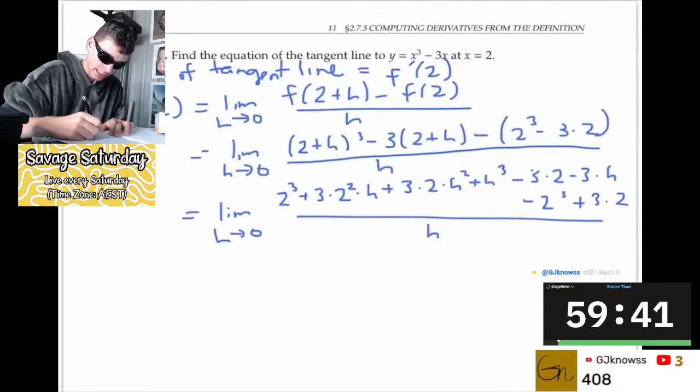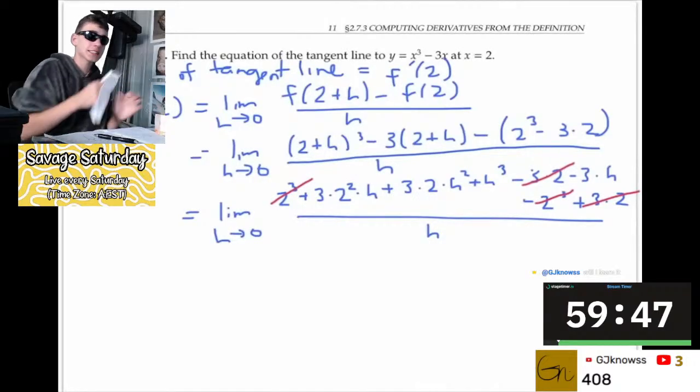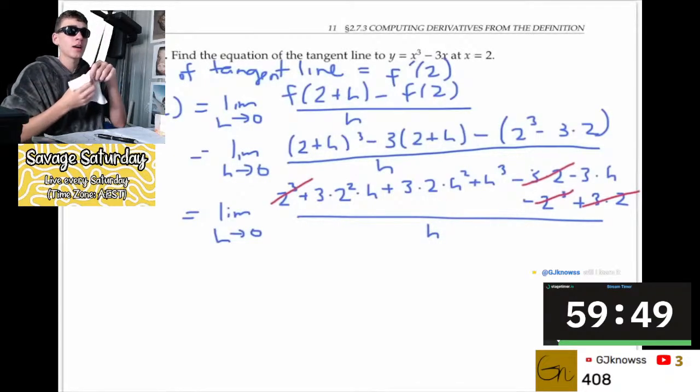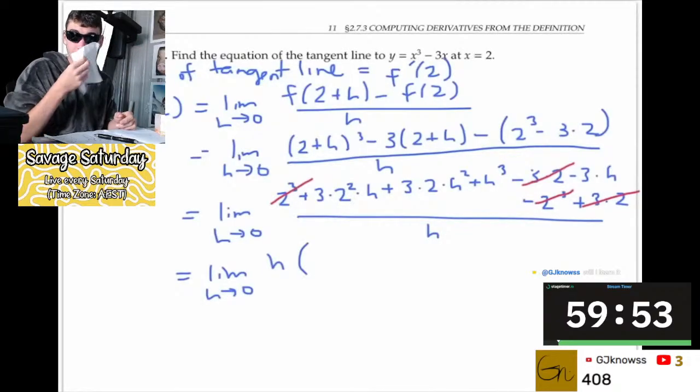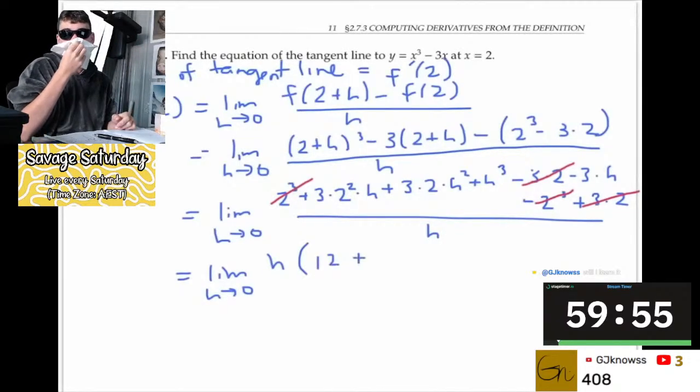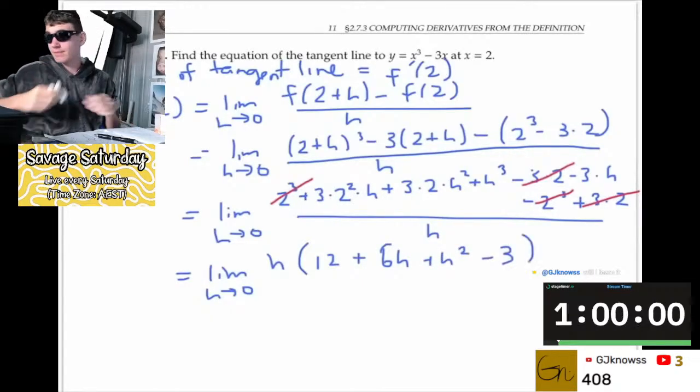Now, a few of my terms cancel out to 0 here. 2 cubed minus 2 cubed. And let's see, I've got a minus 3 times 2 and a plus 3 times 2. And I notice all the terms that are left have h's in them. So I'm going to factor out an h from the top for the remaining terms here. And that gives me, let's see, 3 times 2 squared, so that's 12 plus 6h plus h squared minus 3